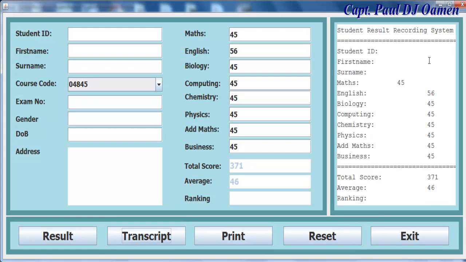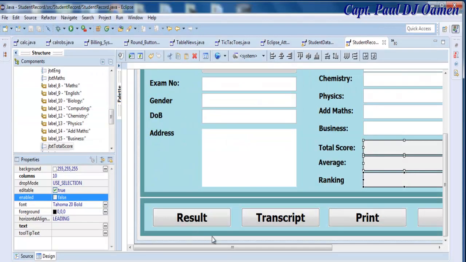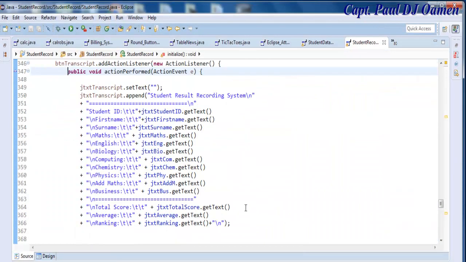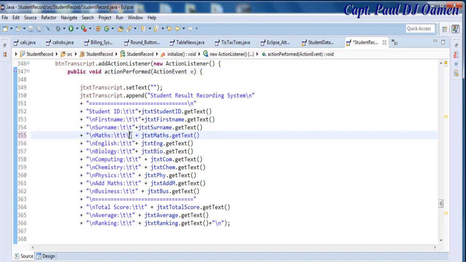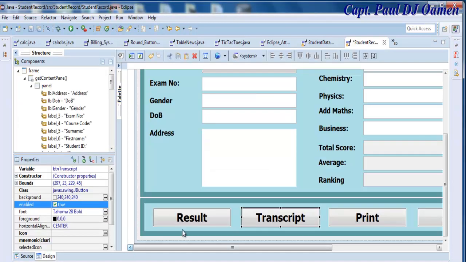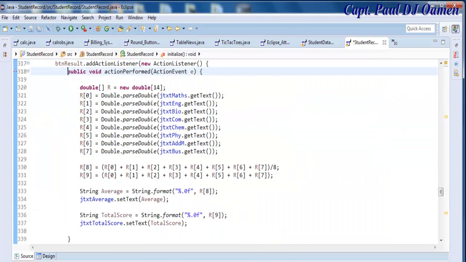When we print out the transcript, we get the whole details here. This is how the transcript itself looks now. So like the mass, we need to move that over there. Okay, that's not too bad. For the mass, let's double click on that transcript and just add one indentation there, tab there, I mean. Back in here. Alright, let's continue with our result. Double click on the result. Alright, right underneath here,